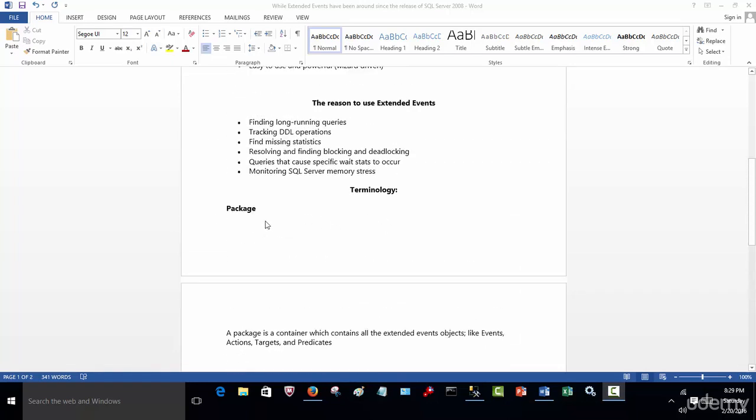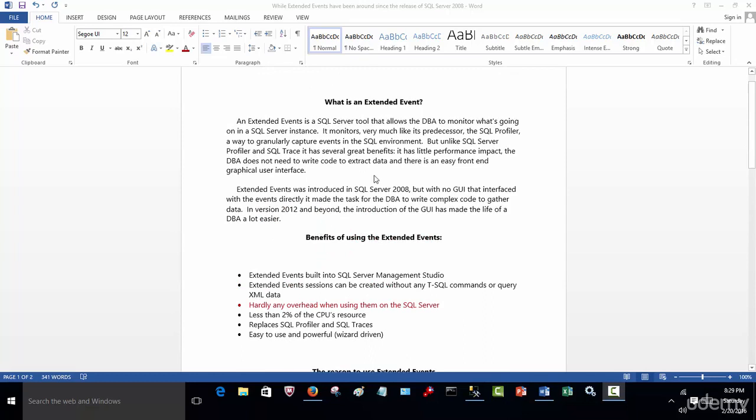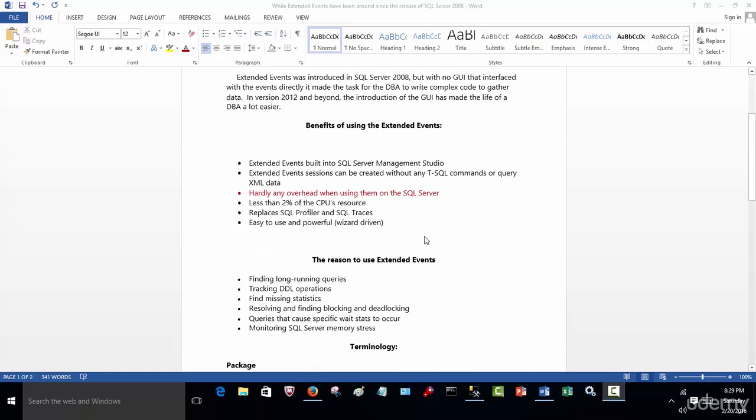And a package is the entire container that contains these events. It'll become a little easier when we actually look at the SQL. So now that we've understood what an extended event is, the benefits of it, and some of the terminology,